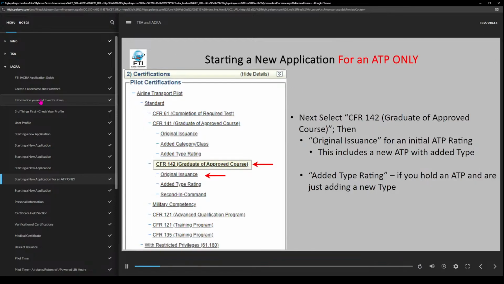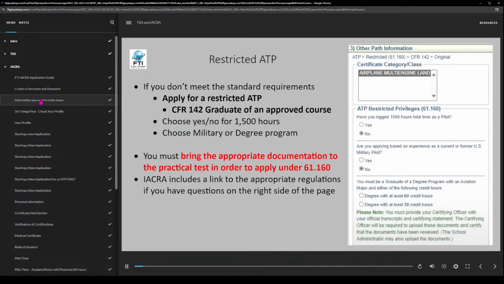Next, select CFR 142 Graduate of an Approved Course, then select Original Issuance if you're getting an ATP rating. For pilots who already hold an FAA ATP rating and all you're doing is adding an additional type rating, then choose Added Type Rating. If you don't have the required hours for an unrestricted or a standard ATP, apply for